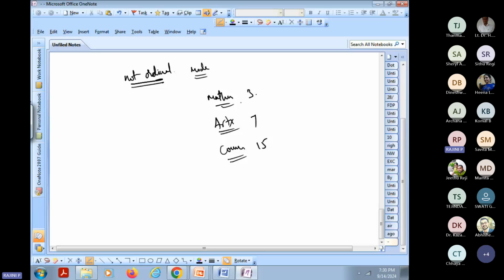Among all this, there are a total of 25 participants, right? I decided that more are commerce people. So I should give examples related to commerce, because everyone may understand very easily. Clear? So based on the maximum frequency, I decide what to teach in the class. This is called the mode.